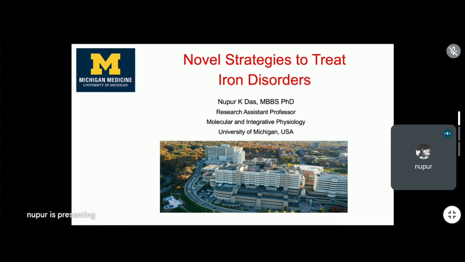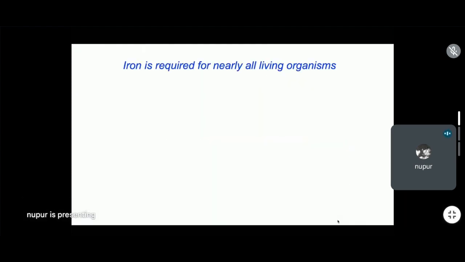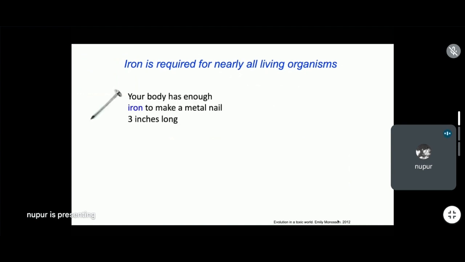So the title of this talk is novel strategies to treat iron disorders. Iron is required for nearly all living organisms. The fun fact is our body has enough iron to make a metal nail about 3 inches long. It sounds like a very little amount of iron, but that is